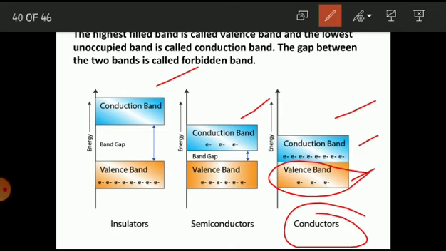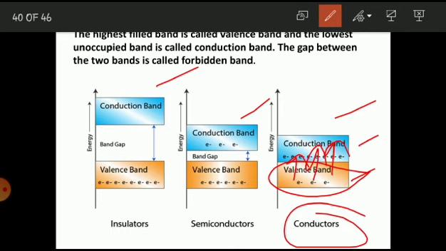So we can shift this electron, or the electron can easily move to the conduction band, and this easy movement of the electron to the conduction band will cause the electrical conductivity. Therefore, in case of conductors, the electrons which are present in the valence band can easily shift to the conduction band, and therefore it can conduct the electricity